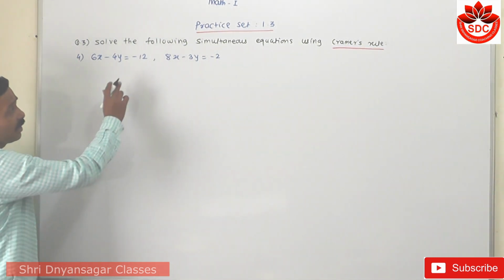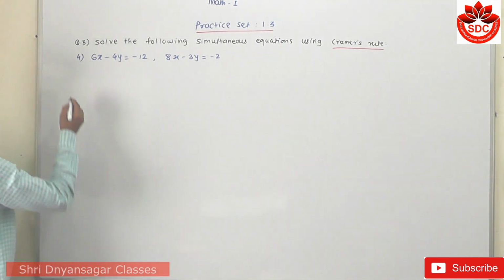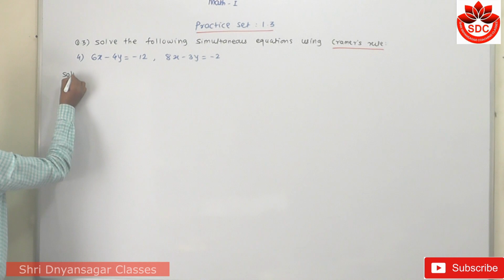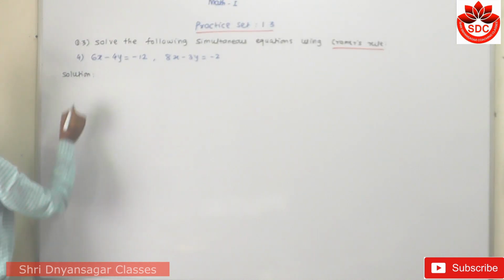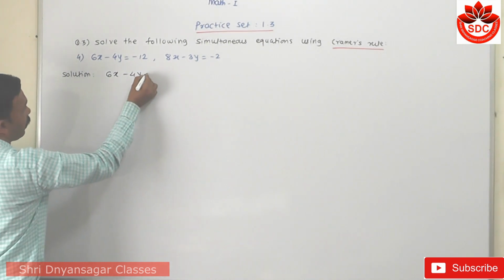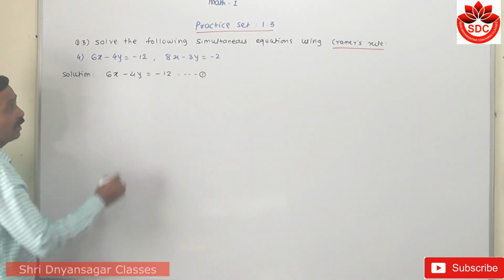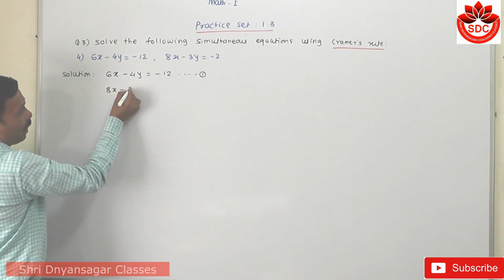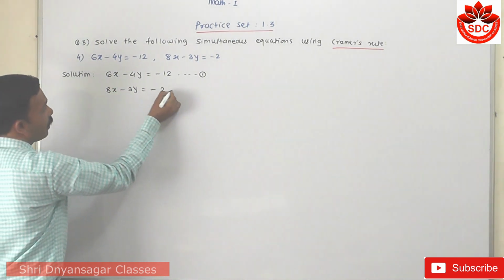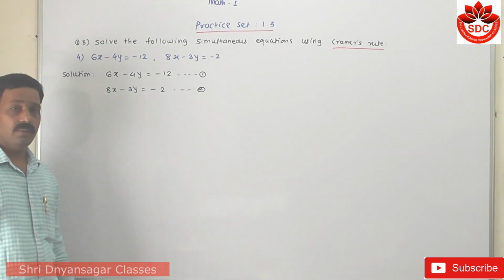Now here the constant term is already on the RHS side, so I have to take its solution directly. Solution: the equation is 6x minus 4y is equal to minus 12, equation number first. The second one is 8x minus 3y is equal to minus 2, equation number second. Now student,